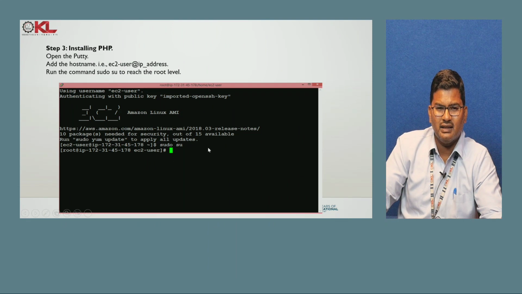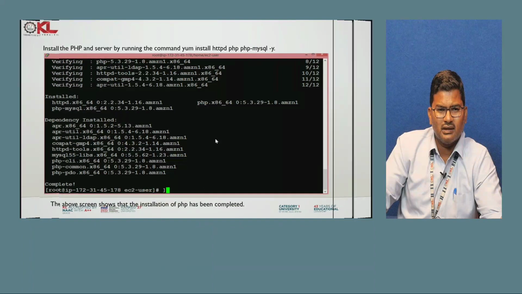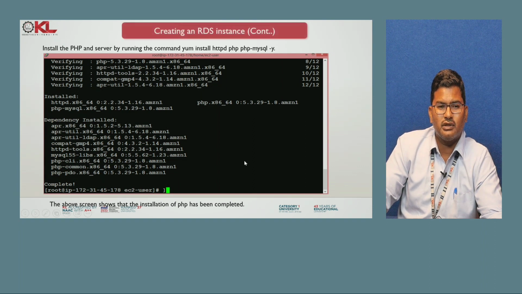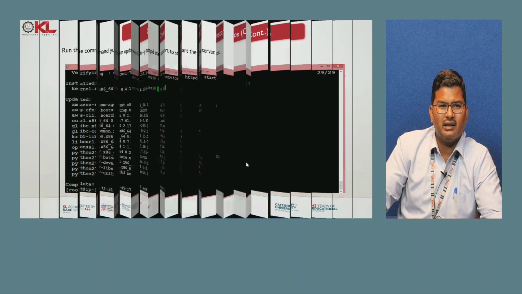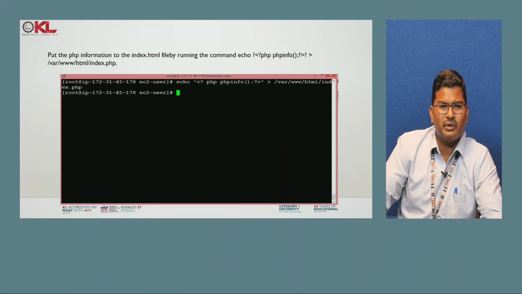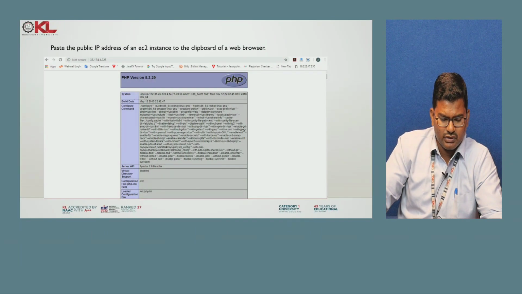So once it is connected, then we can simply use these commands. With the help of these commands, we are able to connect to our RDS. Very simple. We have to give the username, we have to give the password, and we have to make sure which instance you would like to connect to this particular EC2. All the steps are very clearly mentioned here in this presentation. It's pretty easy for you guys to work on this. Okay, so I wish you all the best, and